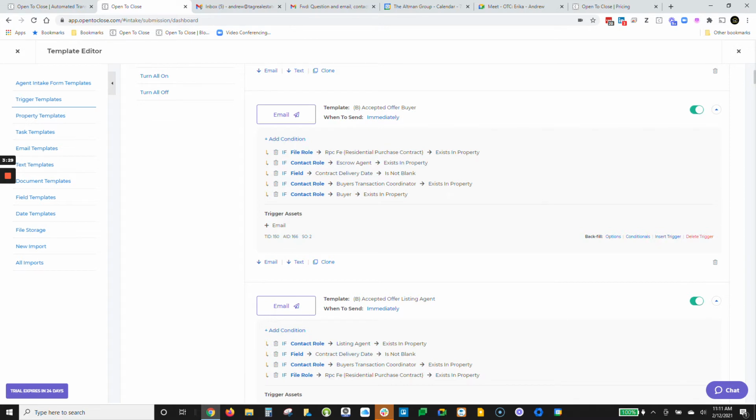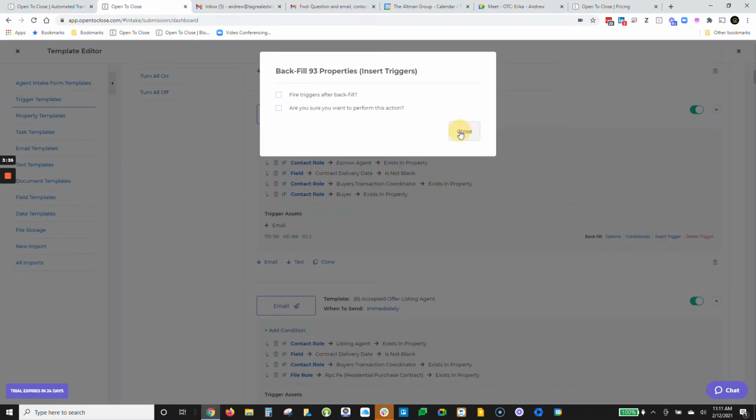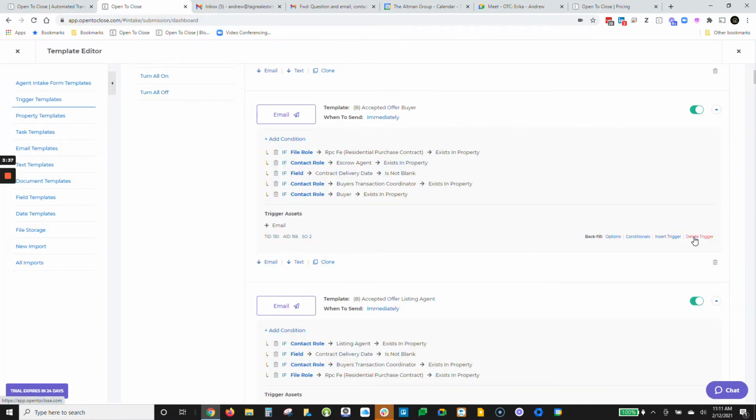So that is how to update. If you want to insert a brand new trigger and you want to backfill it through all the transactions you have going on, you can insert that trigger and it's going to give you that option. If you want to delete a trigger out of all your 200 transactions that are going on, you can delete the trigger. So you have a lot of different options in here, but thinking through the actual conditions is the